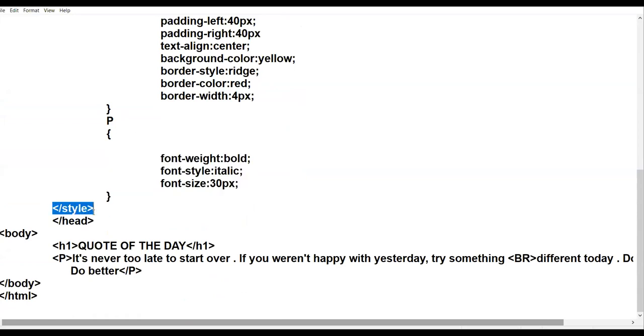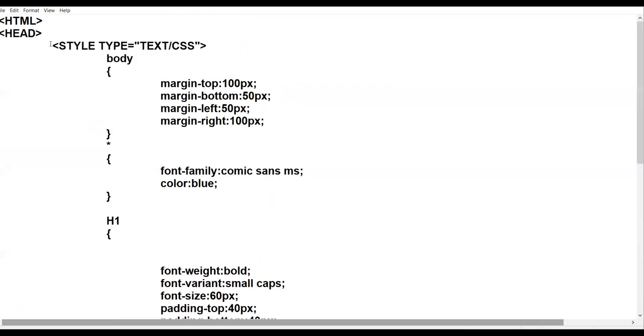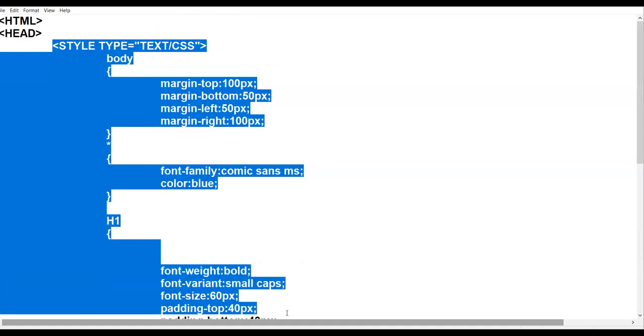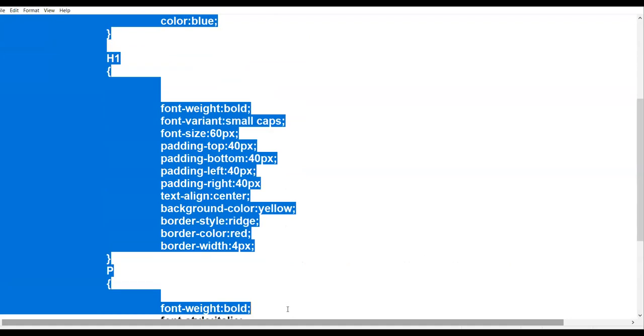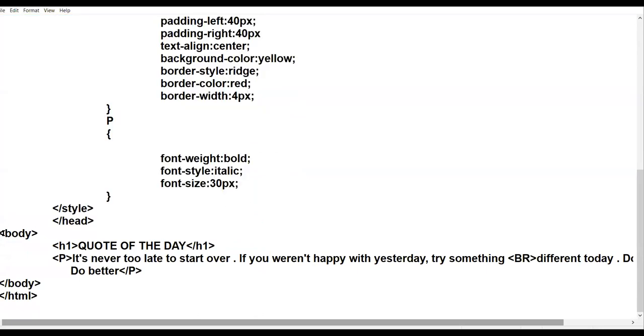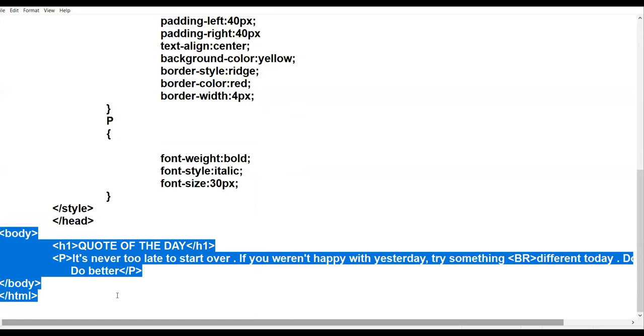Here you close the style tag. Here you close the head tag. Your style tag and all the properties, carefully see, they are enclosed inside the head tag. Right? Then after the head tag, take the body tag and write the normal web page.